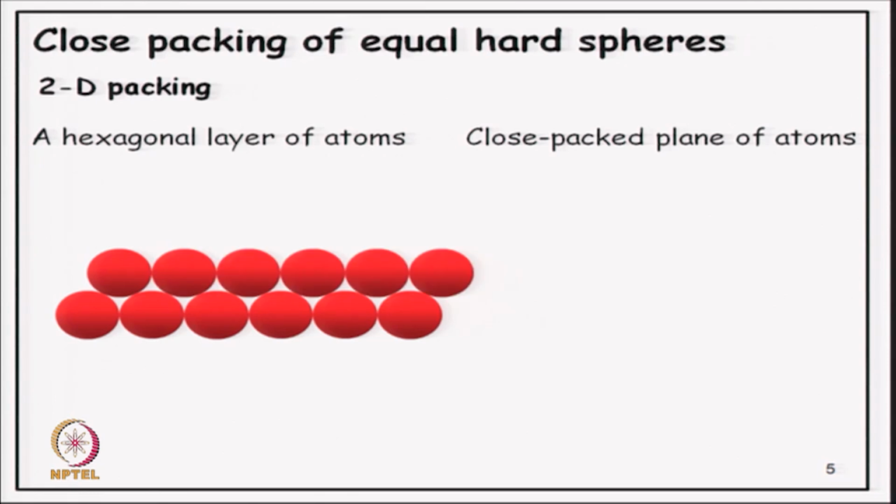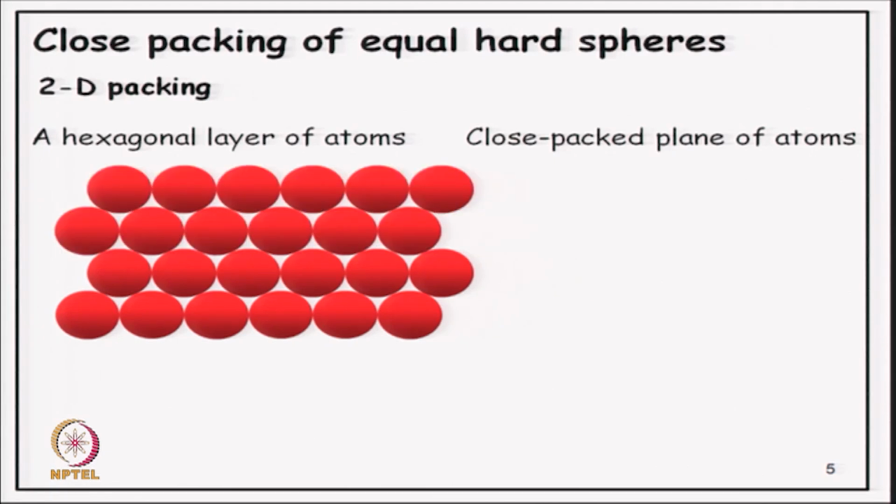So, if we keep doing this, we do get the second row, which is as closely packed as possible as the first row, and the two rows together are as closely packed as possible. Then we can similarly add the third row and the fourth row and continue in the 2 dimension. So, now we have a so called hexagonal layer of atoms or spheres, in which each sphere is touching 6 other spheres around it. So, the coordination number in this case becomes 6,